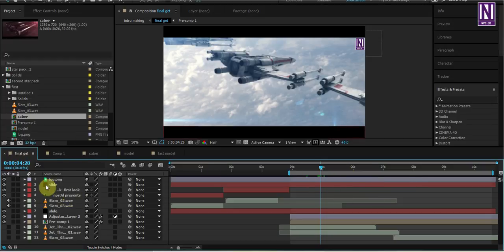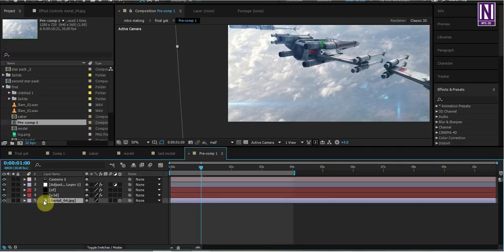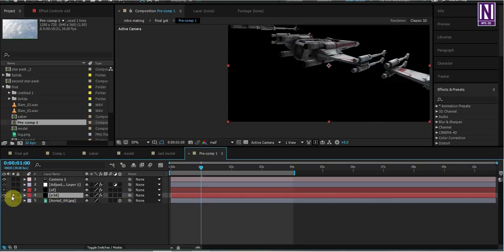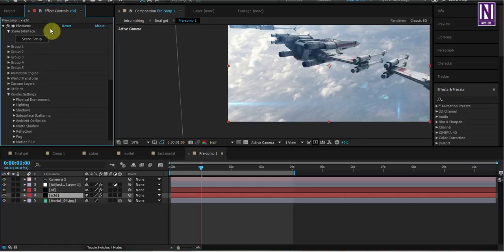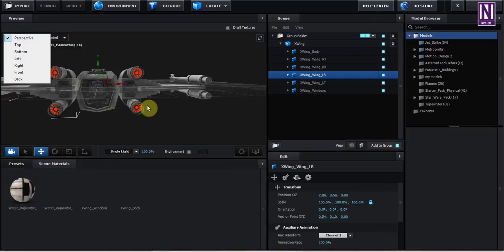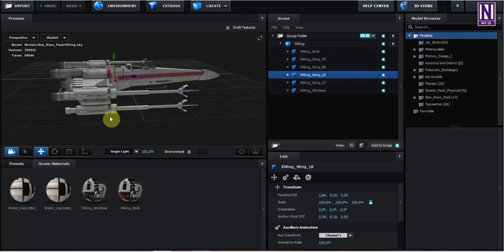So in this video, first of all, I use the aerial footage of the Jet Strike Pack, make them 3D and also use Element 3D. In the effect controls, scene setup, here you can see the model.